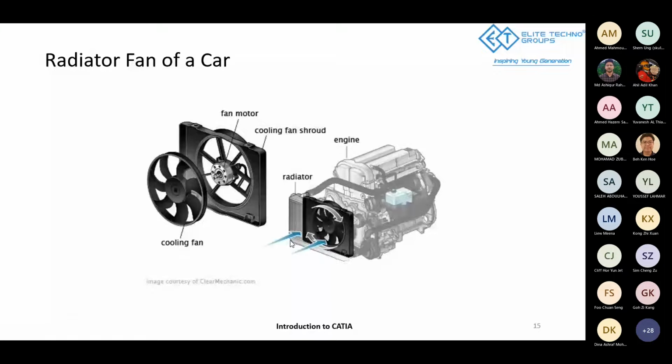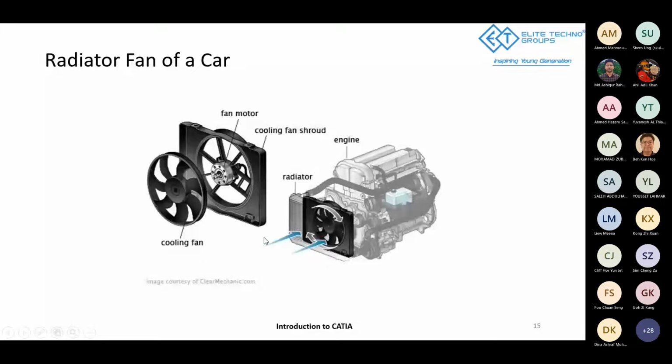So basically, this is the cooling fan. Its overall casing, or cooling fan shroud, is there. The fan motor is mentioned. Its construction is basically such that the fan is fitted over this motor, and through this motor it runs. It's fitted above the radiator to cool it down, to have that convection effect for your radiator, and that helps us cool down the liquid flowing through the radiator, which in turn helps us cool down the different engine components. Okay, so that is a general understanding of the cooling fan.